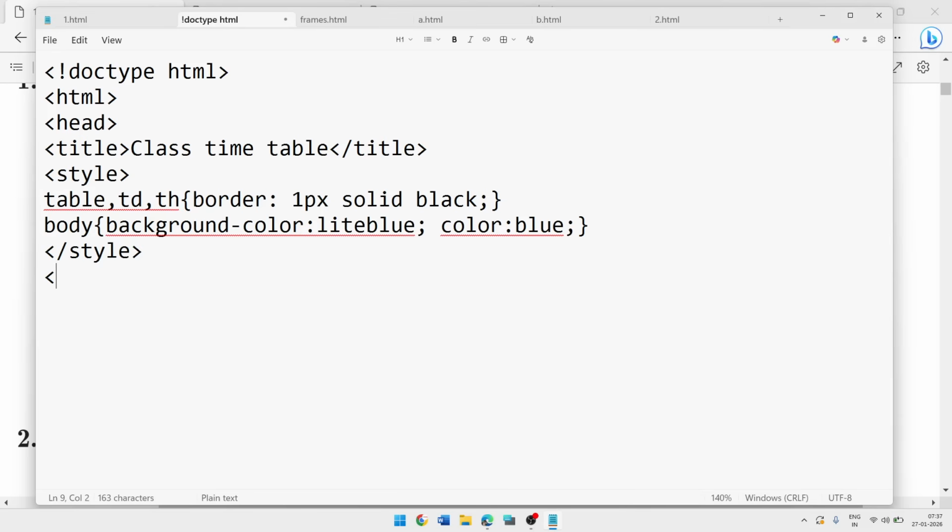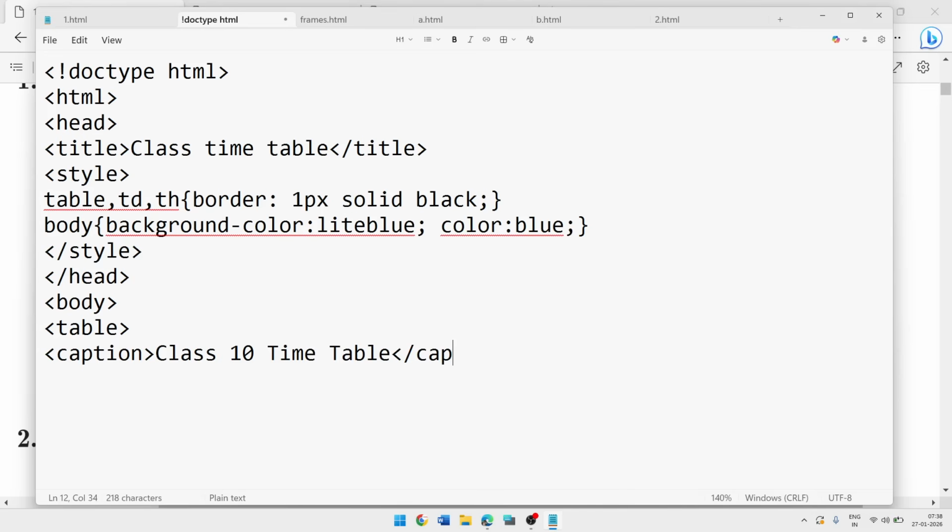After that we will close the head section. Then we will start the body section. In body, at first we will write table, then we will write caption. In caption we will write class 10 timetable,